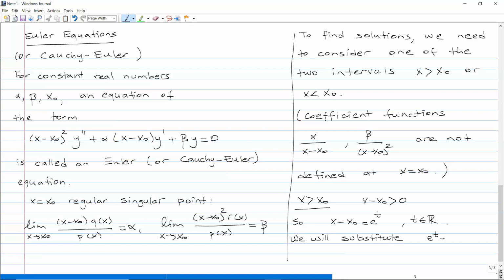E to the t for x minus x0. So we are going to change the independent variable of the equation from x to t. So we need to find the derivatives of the dependent y in terms of t, not x. So of course we use